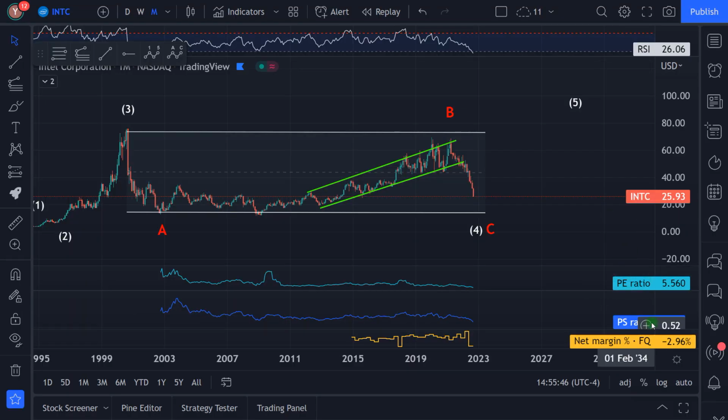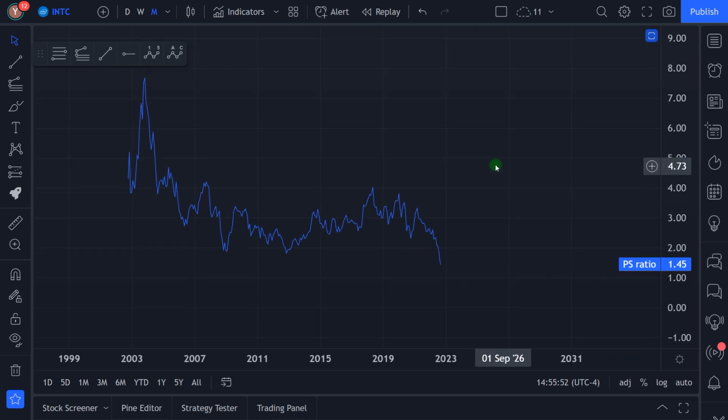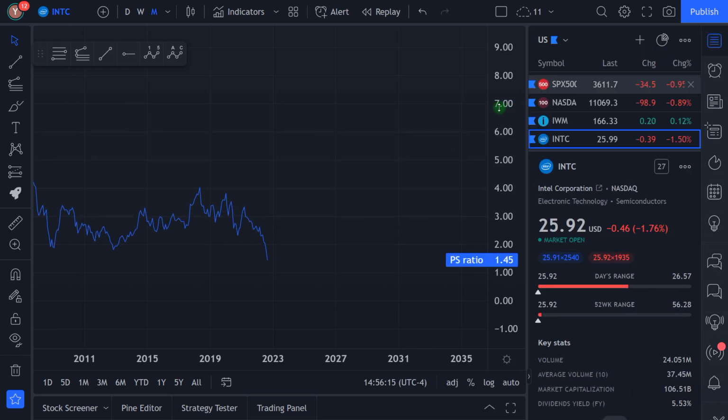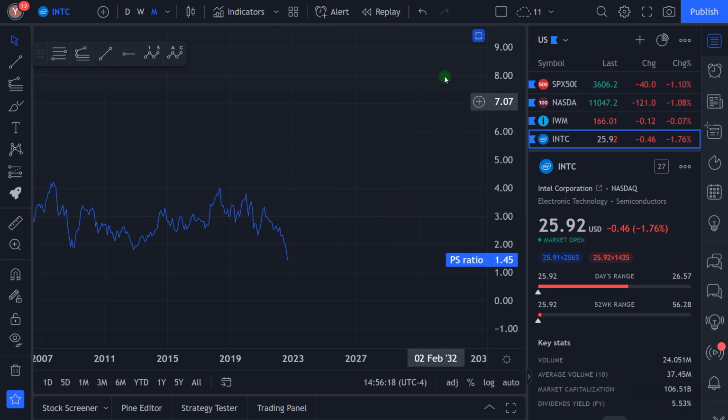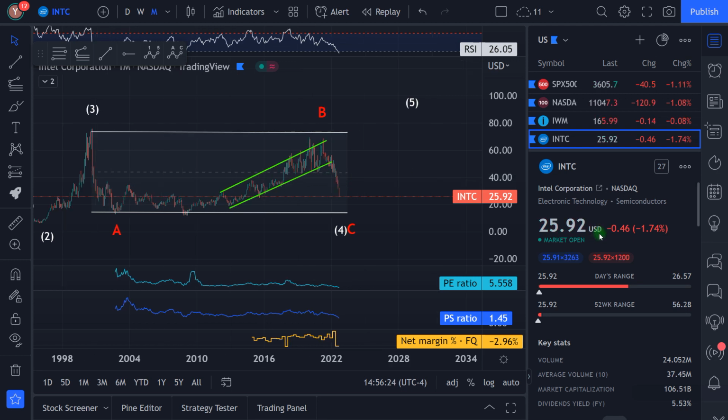And let's check here the PS ratio. We can see that the PS ratio 1.45 is not high at all for the last 20 years. It's the lowest level now. We can see sometimes it was 6, 3, 4, but now it's only 1, less than 2. So in my mind it's the lowest and the best level, from the standpoint of the PE ratio, to buy the stock. You're receiving, of course, a nice dividend yield, nice marginality, cheap values.